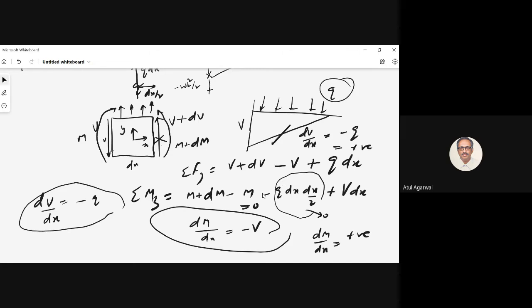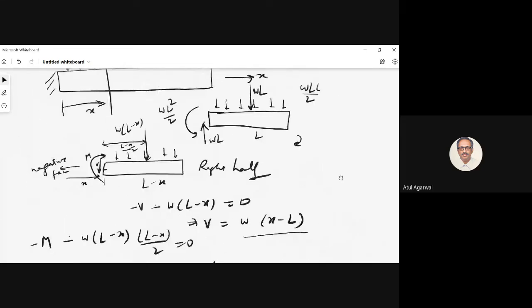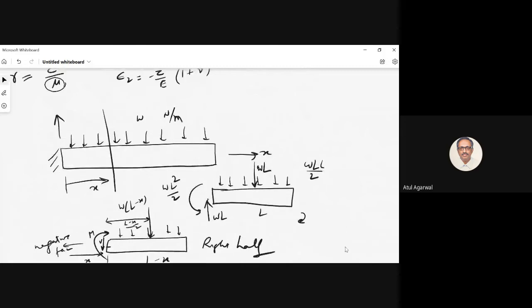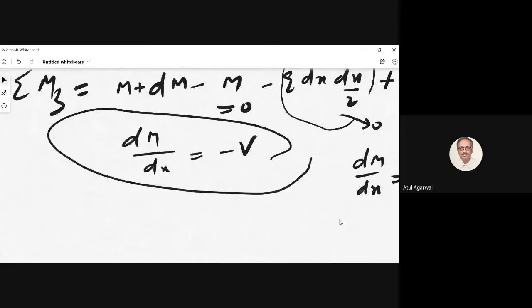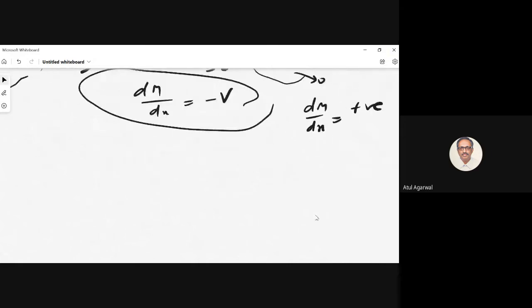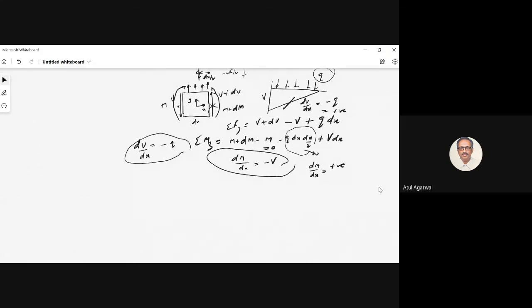Okay. So where I was drawing this graph, you will see that dM by dx will always keep increasing. Whenever you draw any shear force bending moment diagram, you will be able to observe these, how you will be able to plot using these equations. So I think I should call it a day. I will put it in my recorded lecture. Okay. The class is over.